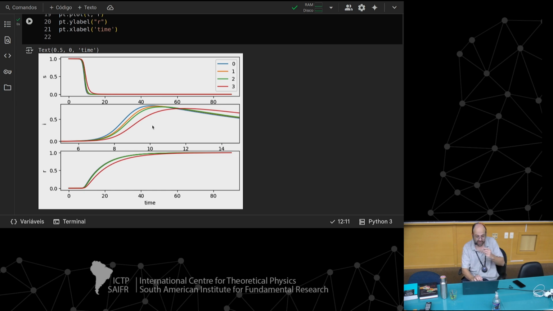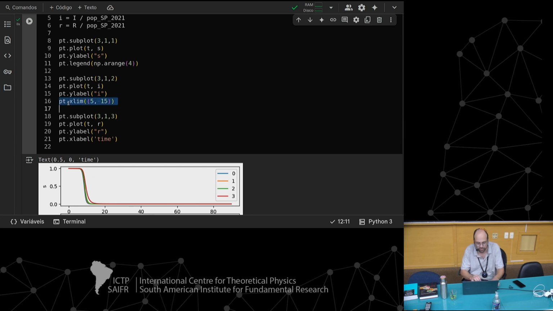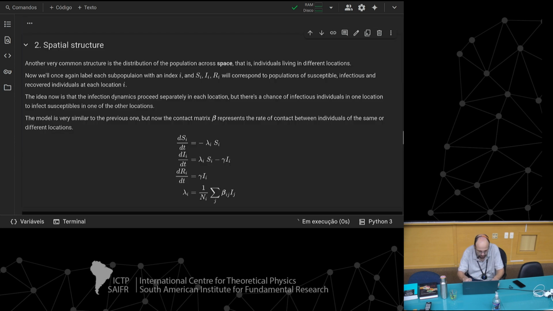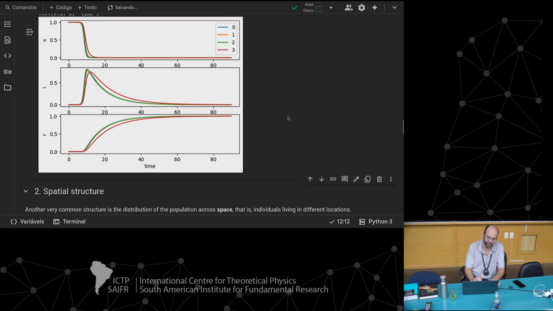Oh, I see. Okay, I had the difference in the axis scale here, yeah? Yeah, I forgot about this. You see here that I did a zoom in into this region here. Okay, let me plot again, sorry. Yeah, this is the full, oof. It's kind of weird, right? Because it looked like it was it, right? But you see, this is the full dynamics, but I had zoomed in